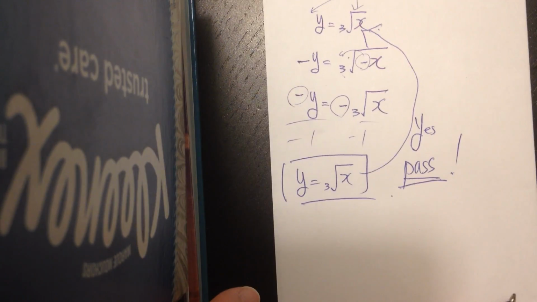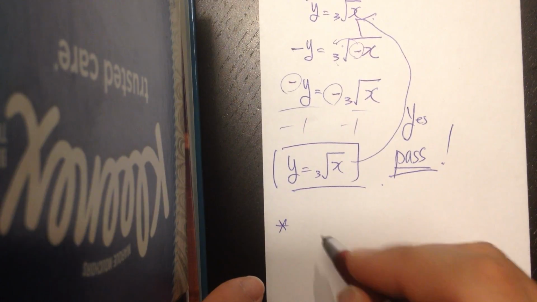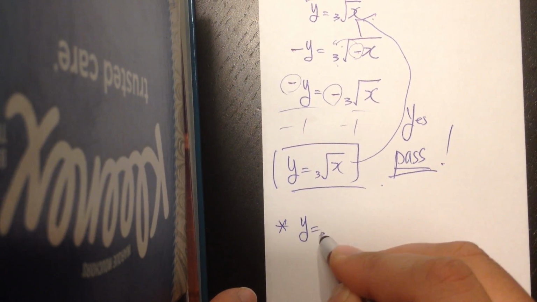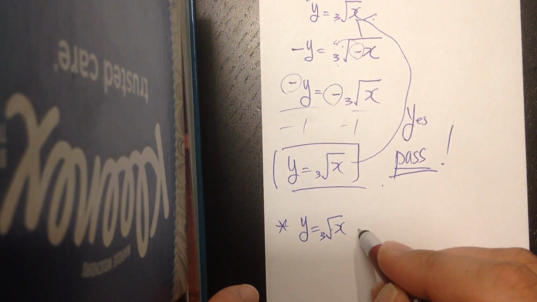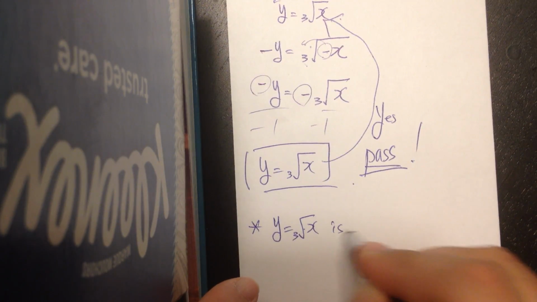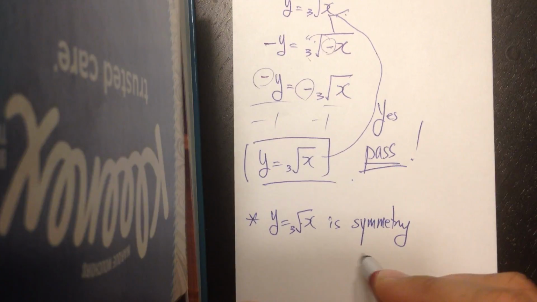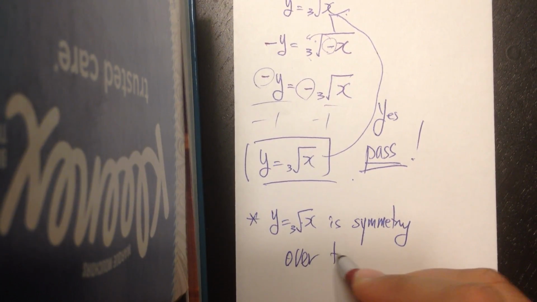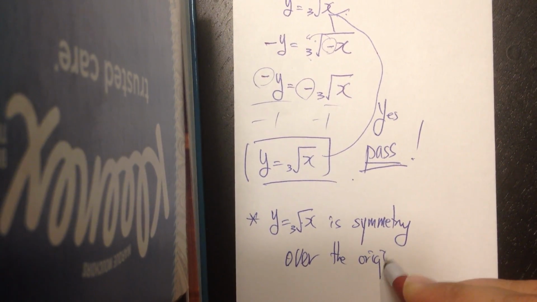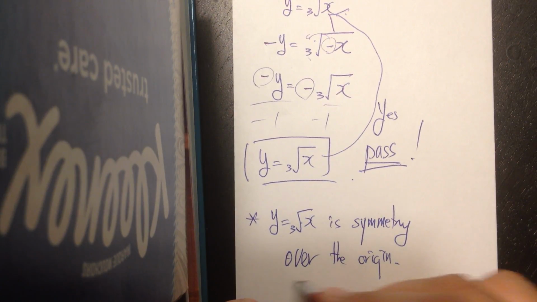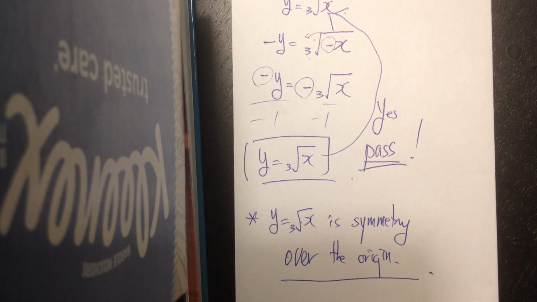So what would you say at the end? We're going to say the function obviously is symmetry over the origin. It's a bit long, but